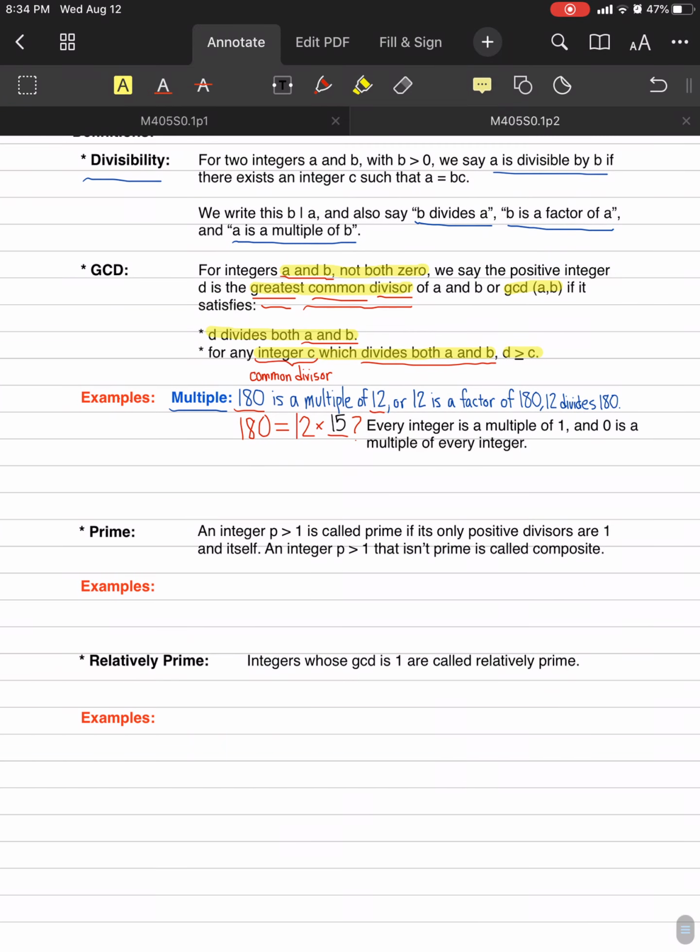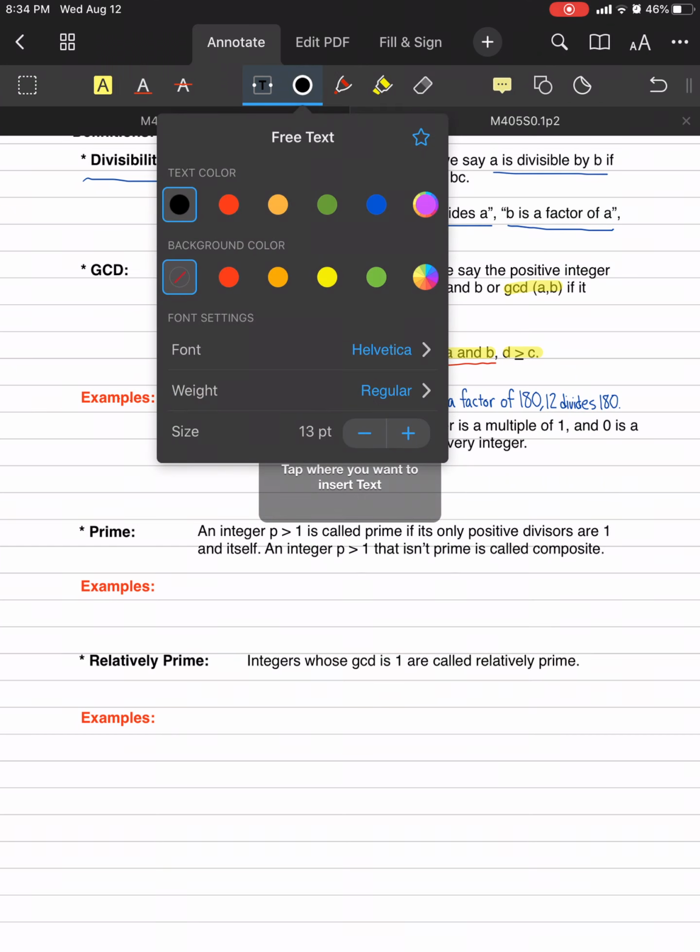So we got all of that. So hopefully that makes sense. Let's actually look at a quick example. And here we're just going to look at an example that you can pretty much do in your head. I mean, I haven't picked it out yet, but I'm not going to pick out a hard one. We will have a way in the next video to actually figure out GCDs for numbers that you can't just immediately look at and figure out in your head what they are. But for right now, we are going to look at